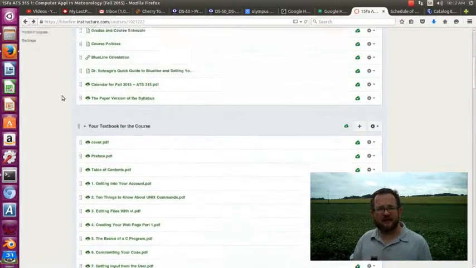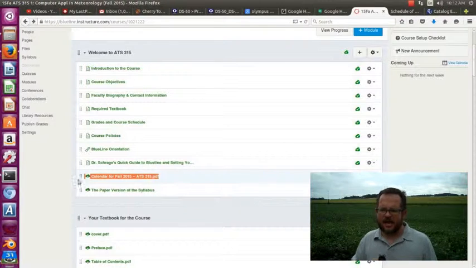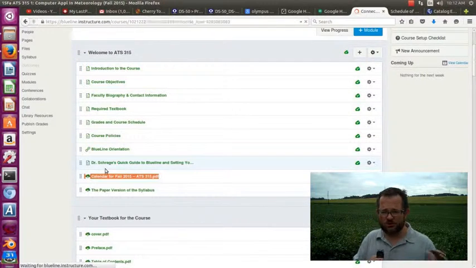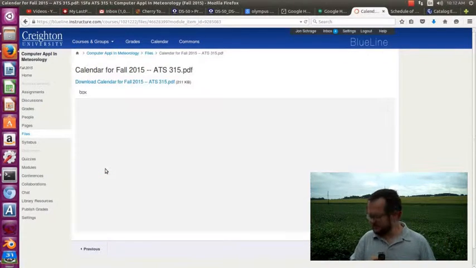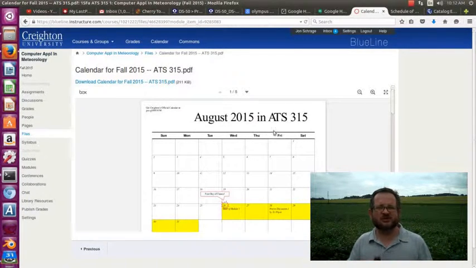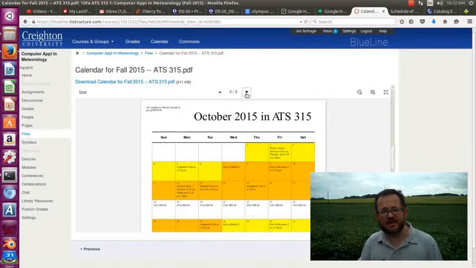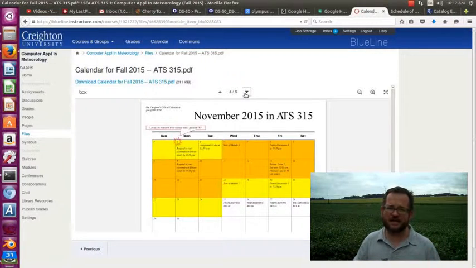It's extremely important in this class not to fall behind. And to help you with that, I have made a calendar for you. And you should get the calendar from Blue Line and do whatever it takes to help you know those dates. Does that mean put it up on your refrigerator with a piece of tape? Does that mean put all the dates into your phone so that alarms go off? Whatever works for you, I don't care. But get that calendar and make sure that you stay on track, because this is not the kind of class you can really fall behind in.